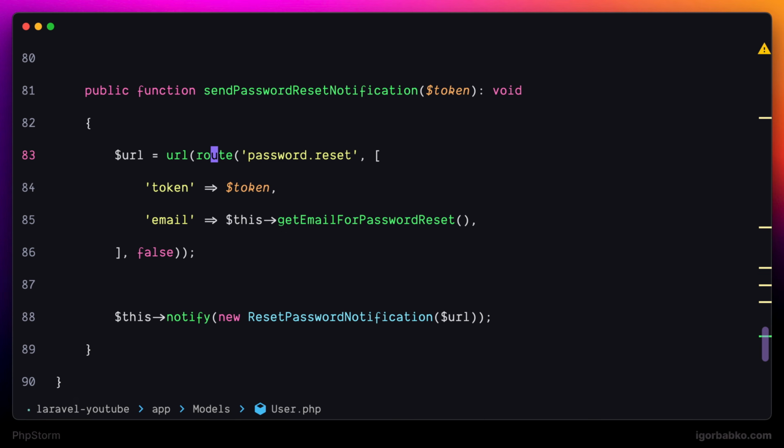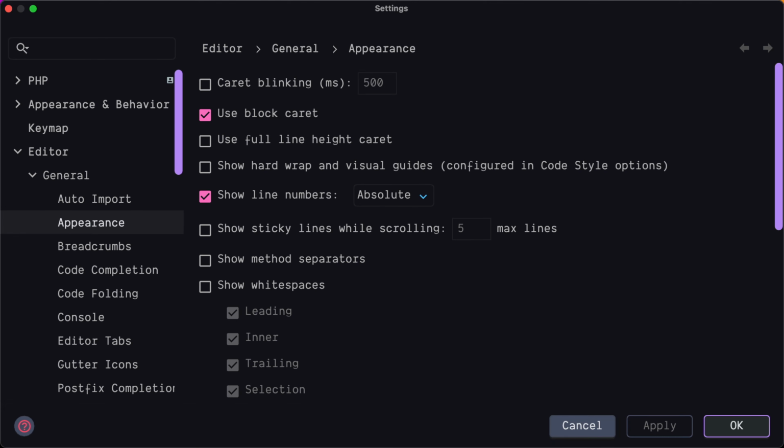Also, we can open up this menu with all possible refactoring options by using the mouse. And in PhpStorm, by default, whenever we position the cursor on a particular element, we get a light bulb icon, by clicking on which we get the same list of refactoring options. I currently have that light bulb icon disabled, but just to show how it looks, I'm going to switch over to